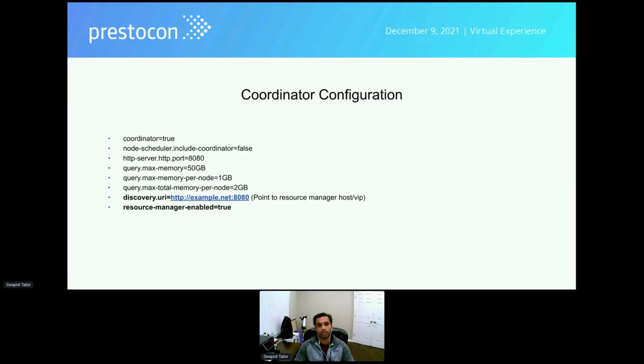Next, there are minor changes in the coordinator config. As shown, the discovery URI needs to point to the resource manager host or the VIP for the coordinator to connect to the right discovery server. The resource manager enabled flag signals the coordinator for some of the branching logic, like sending query and node heartbeats to the resource manager. It also proxies the API request that comes to the coordinator to the resource manager, so that we